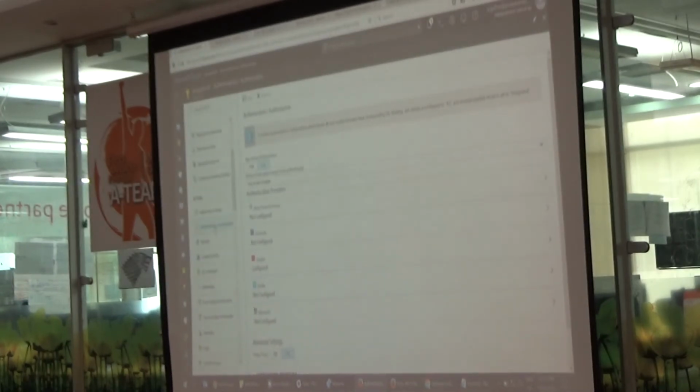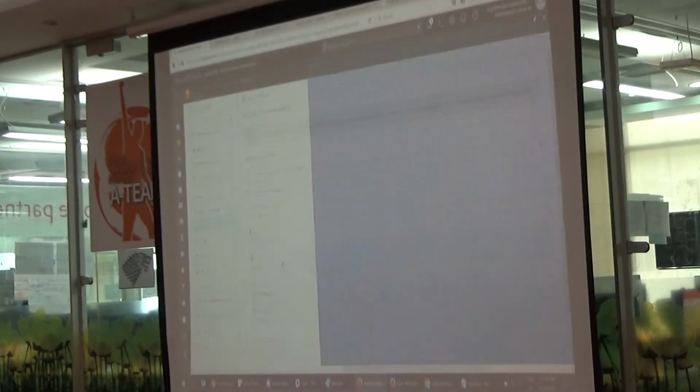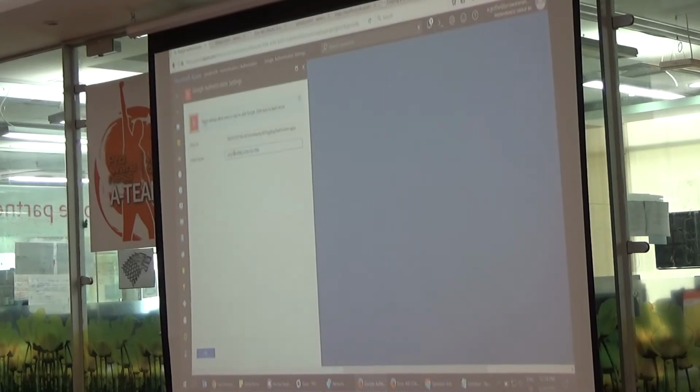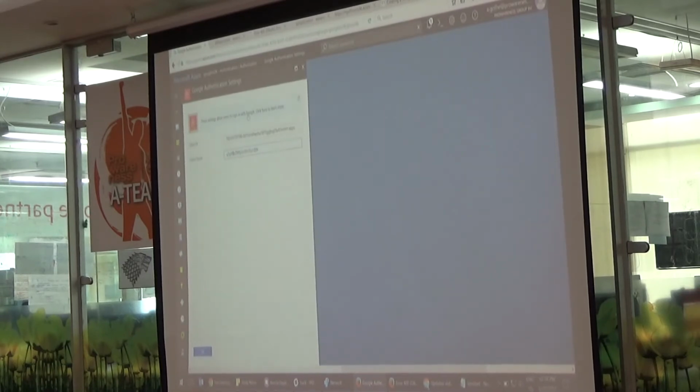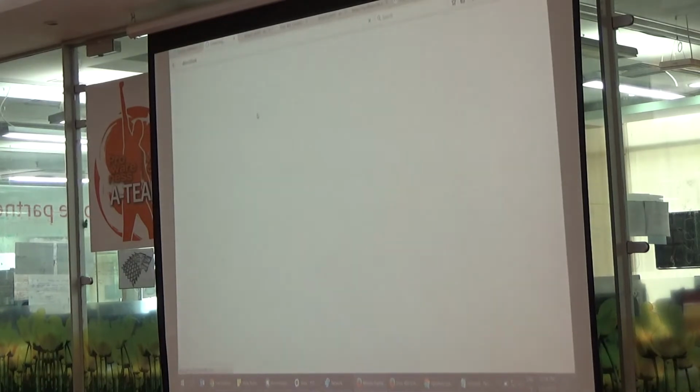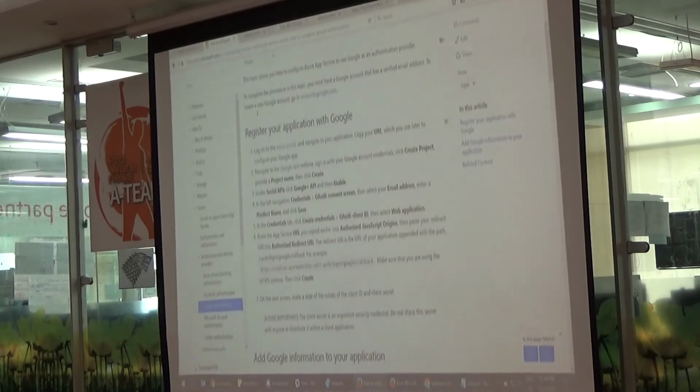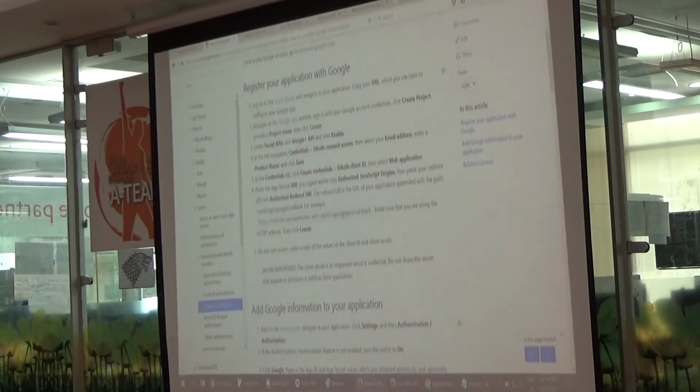So when we went to this authentication and we selected Google and we were asked to enter the client ID and secret ID, as developers, we focused on the text box and not on the text above it. We are always just text box, enter, right? There is a link here which tells you exactly how you are supposed to do this. So that's a learning for today. All the steps are here. I didn't have to struggle so much.